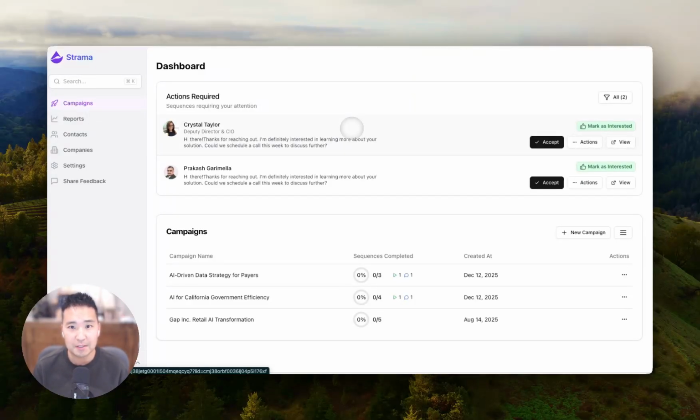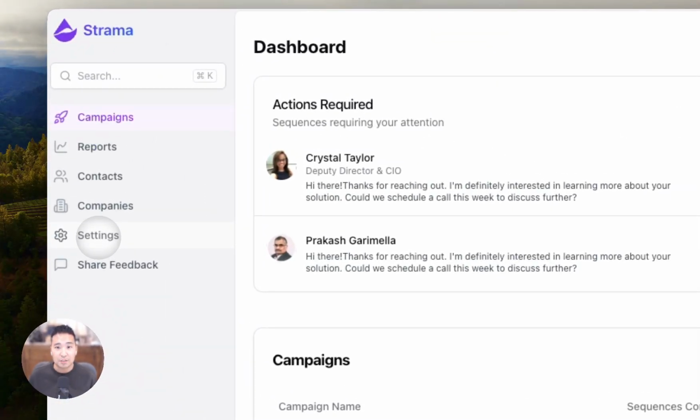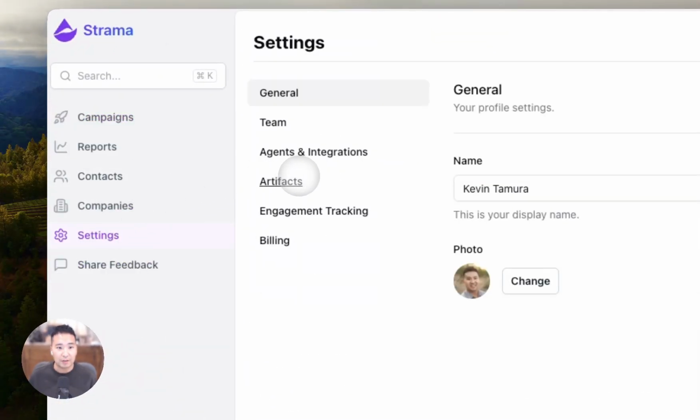Today's video, we're going to go ahead and take a look at one of our newest features, our smart artifacts. And so let's go ahead and dive in. First thing we're going to do is navigate to our settings, and we are going to navigate to our artifacts